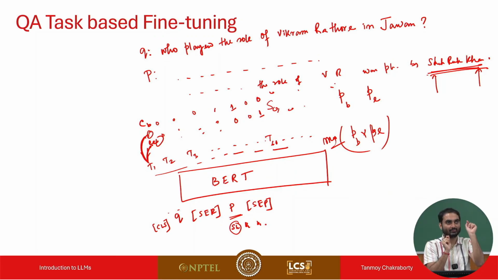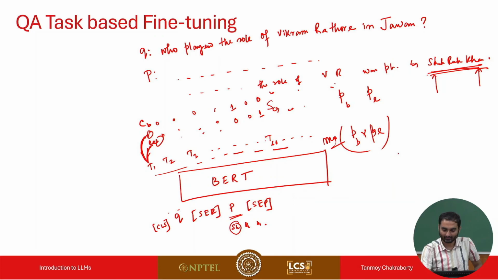Now think about it. For every token, you have two probabilities, PB and PE, right? There are so many possible combinations: PB1 times PE2, PB3 times PE1, and so on and so forth. All these combinations are possible. Which combination will I take? I will take that combination where, number one, the end token